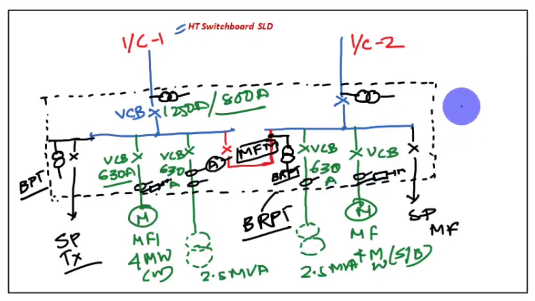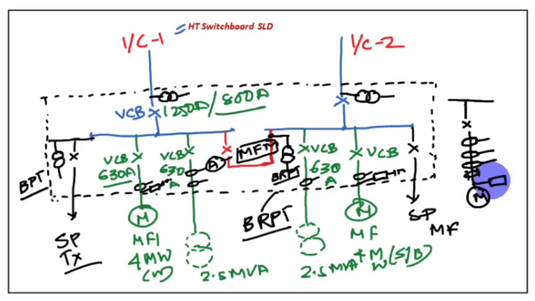Let me draw it freshly here. So if this is the bus bar, this is the breaker. Here this is the motor feeder. So this will be your metering CT. This is for meters. This will be your protection CT. This is a CT spare. This is a CBCT. And at this point you need to connect a surge arrestor.